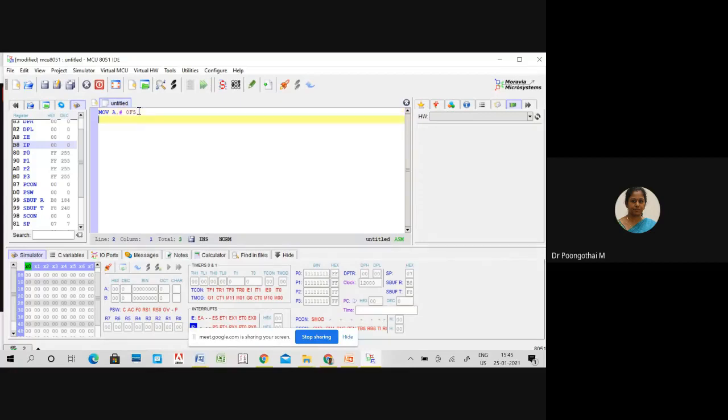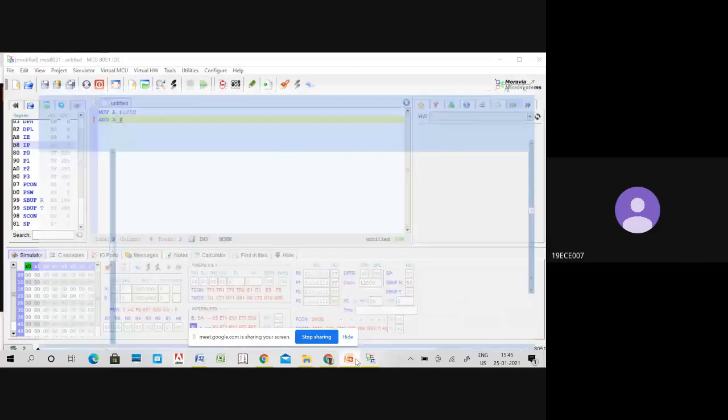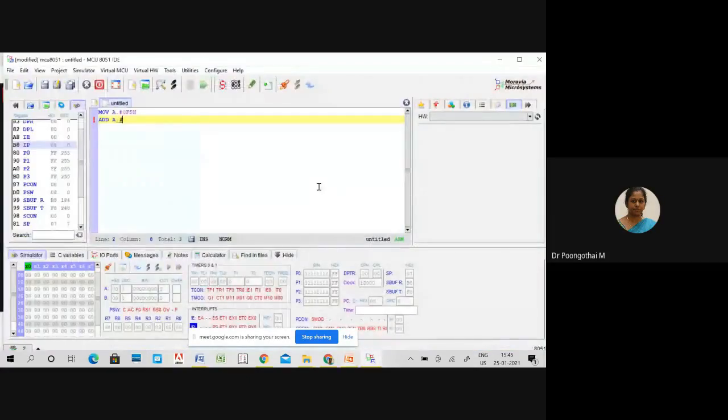So the next instruction, ADD A, #0BH. Then terminate your program.